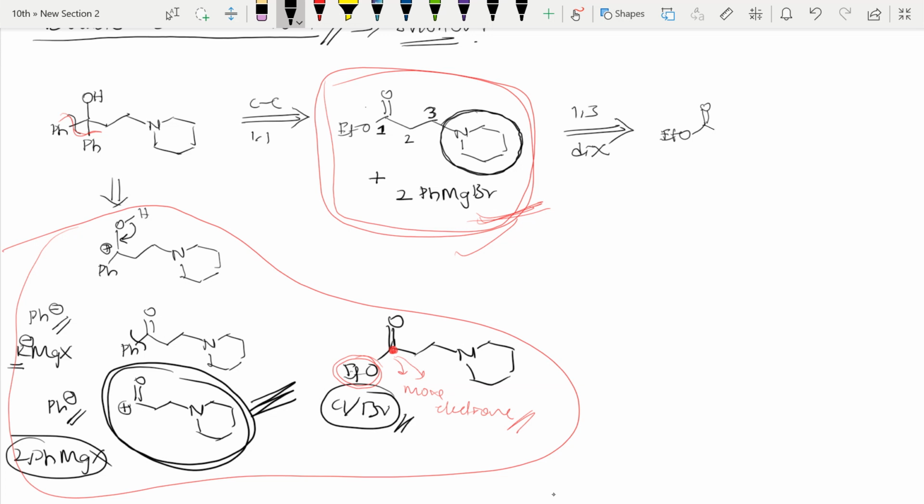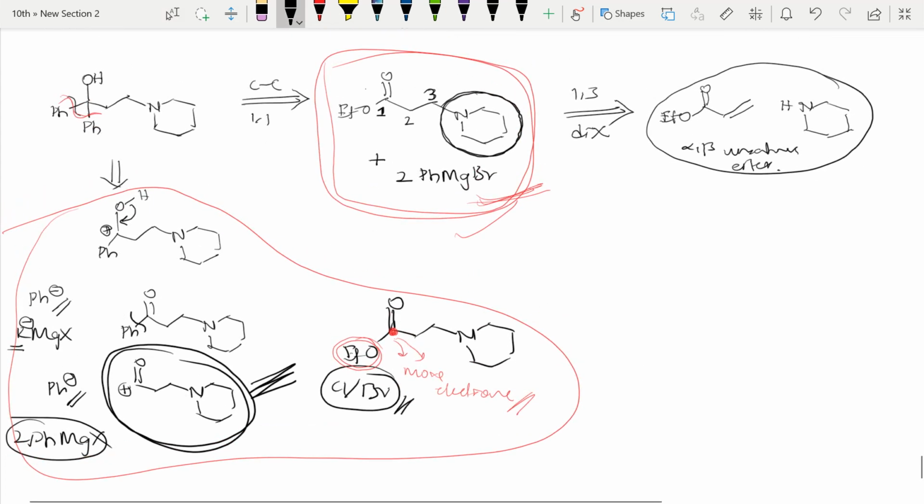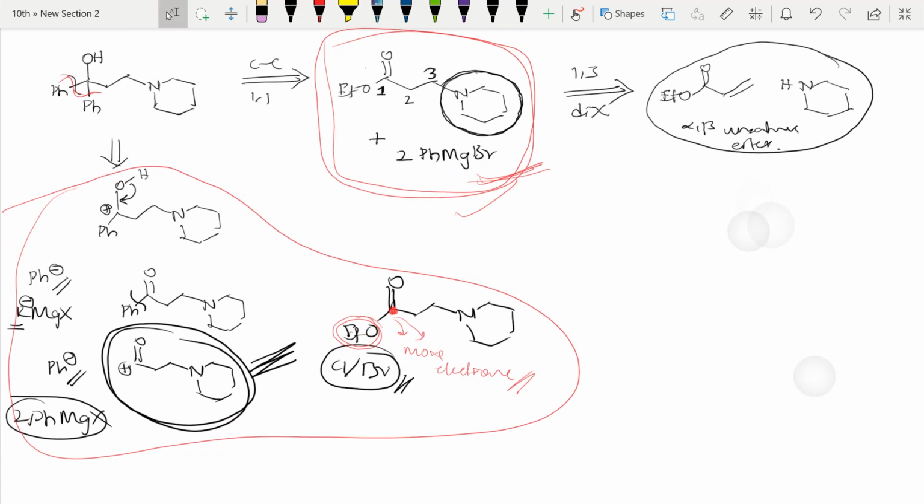The things which I explained in the last class, those things only come into the picture. So here instead of writing N minus, I can write NH. When to write minus and when to write plus, that thing also I have explained. So I got these reagents. When I try to write the reaction, I should write the reaction with this only. So this is nothing but an alpha beta unsaturated ester. When an alpha beta unsaturated ester reacts with a weak or soft nucleophile, then Michael addition reaction happens.